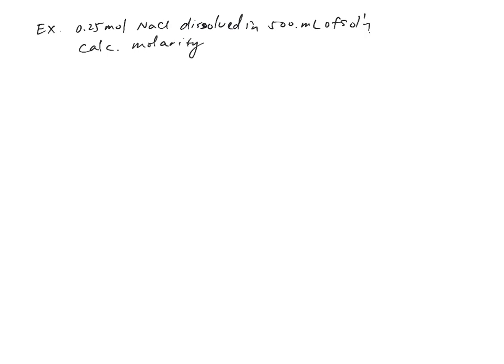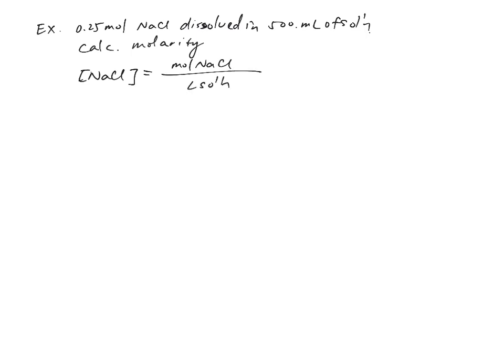So here's an easy example. 0.25 mole of NaCl dissolved in 500 milliliters of solution. Calculate the molarity. Now the concentration of sodium chloride, using brackets, should equal the moles of sodium chloride divided by